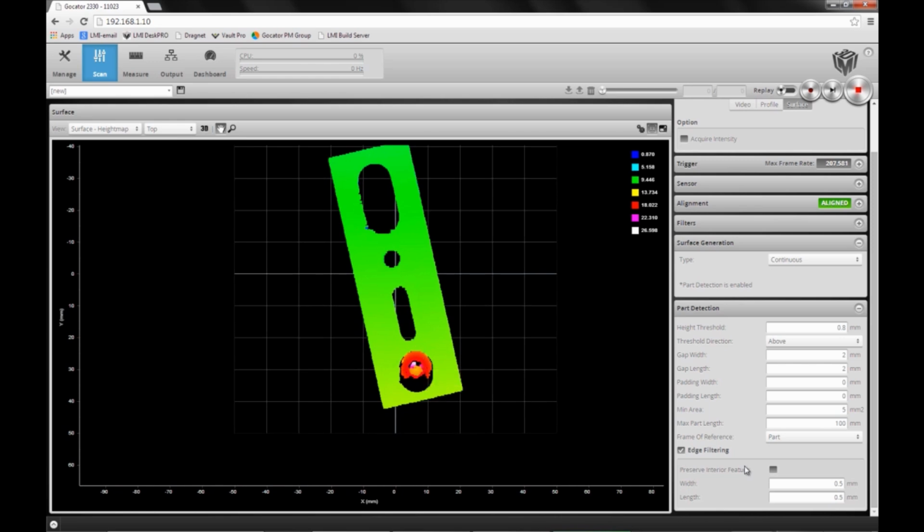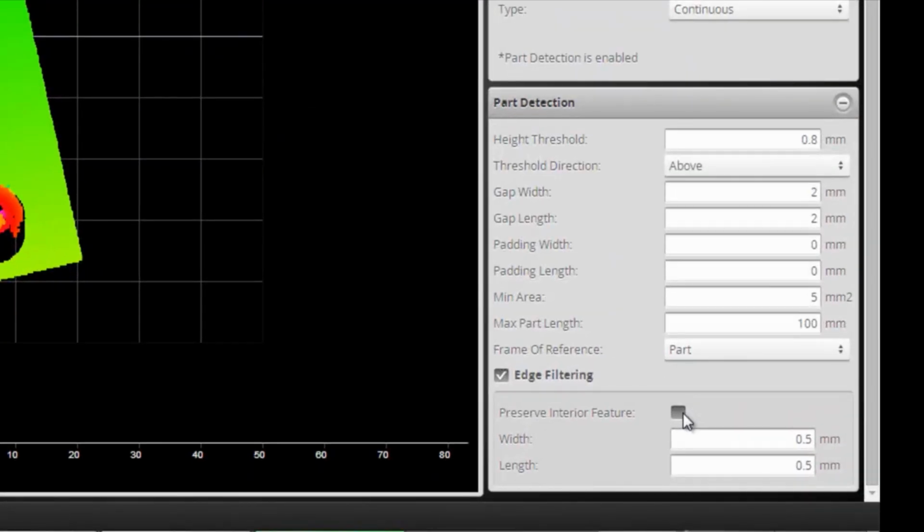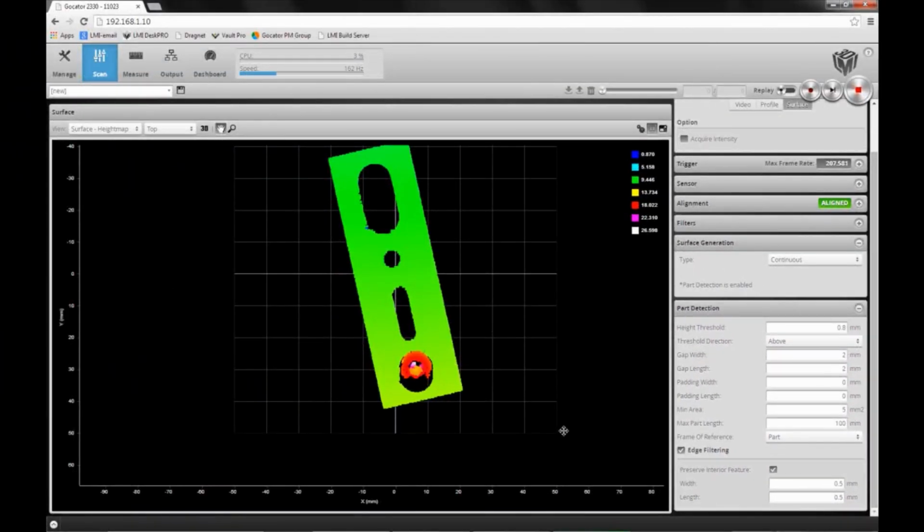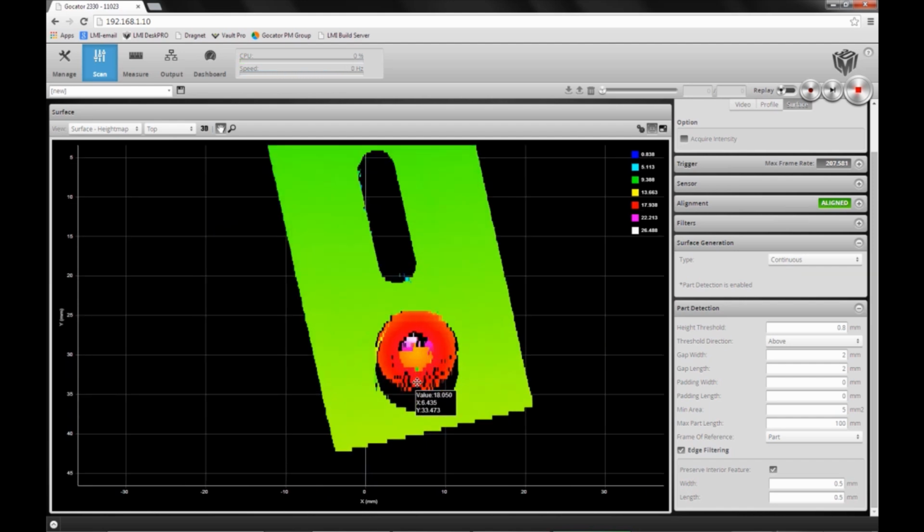So we have this additional feature here to preserve interior features. So if I enable that and I scan the part again, you will notice that the image around the screw head is unfiltered and unchanged.